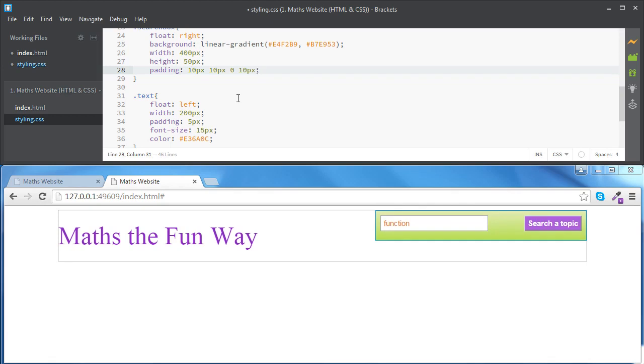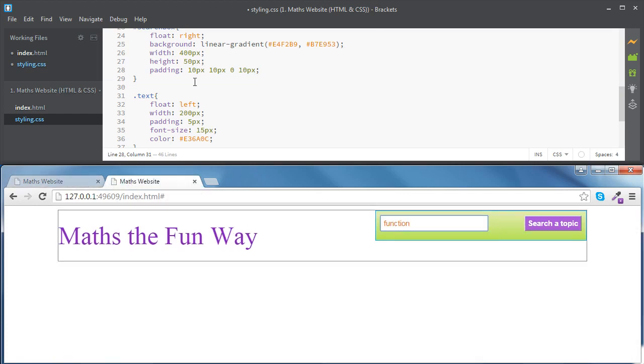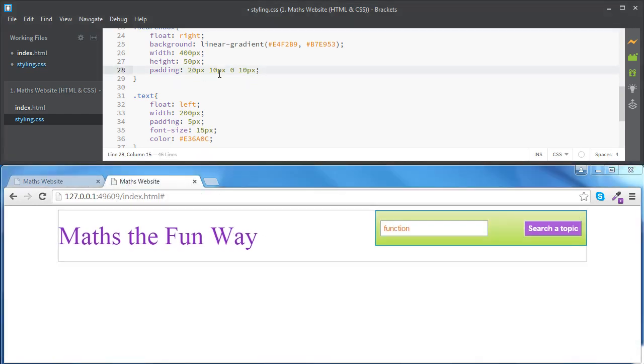Okay, you need a little bit more, so let's go for 20 rather than 10, and see. Okay, that looks better. Okay, also you're going to need to add some